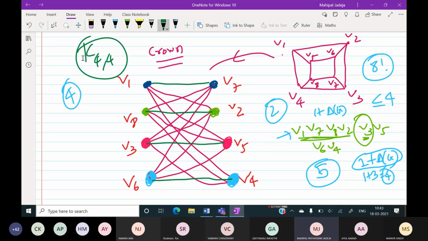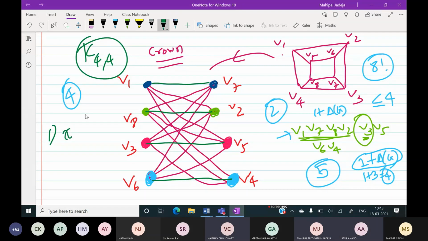How about greedy? One thing is sure, without doing any processing, we are sure that the output will be definitely at most 1 plus delta of g. What is the delta of g here? 4. Right? So the answer will be definitely less than or equal to 5. That is for sure. But the very first question is, are we getting the optimal answer for any of the labelings? मतलब कोई एक ordering ऐसे मिल रही है कि जिसमें आपका आंसर एक्चुअल में 2 आ रहा है? Do you understand the question? Which ordering? Can you tell me?